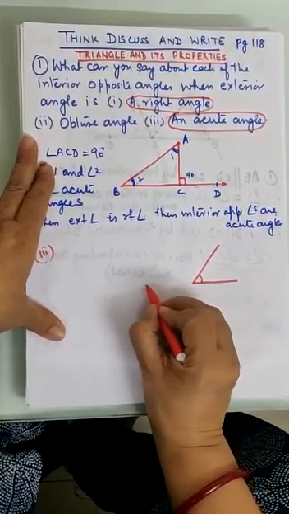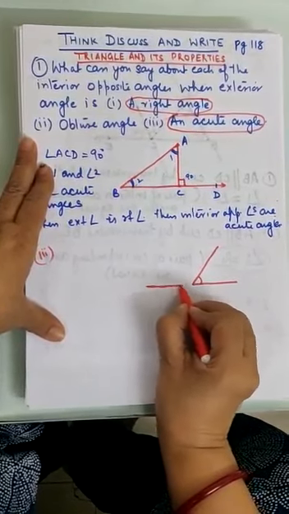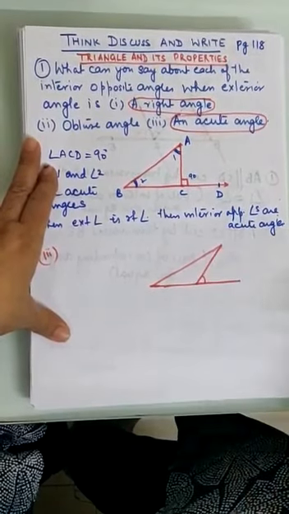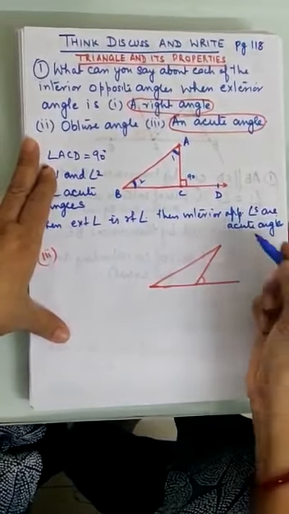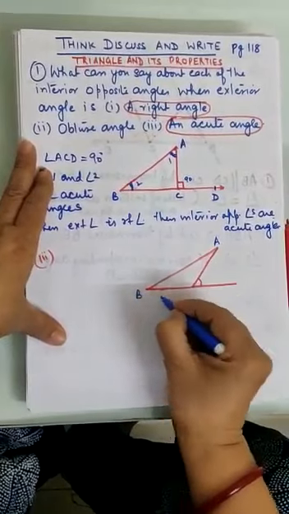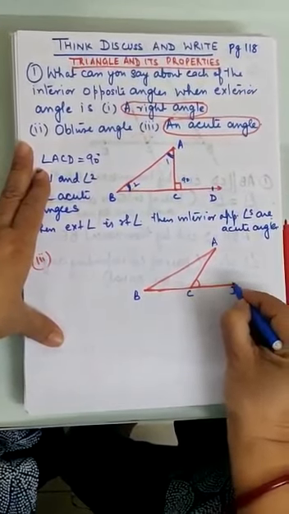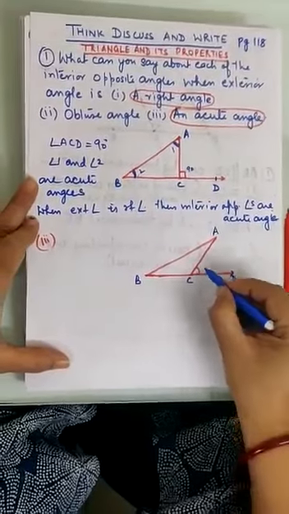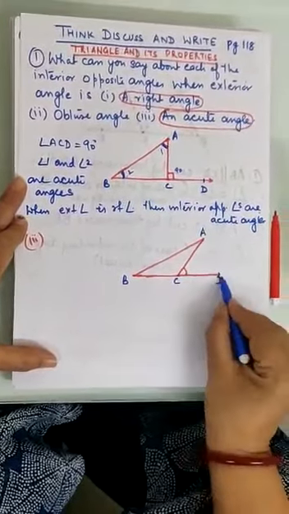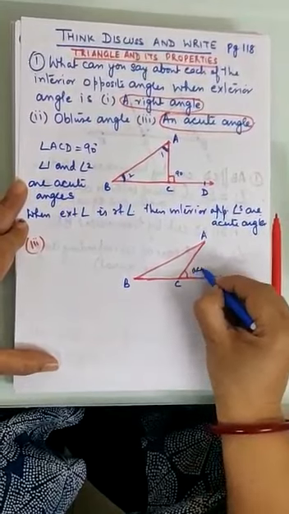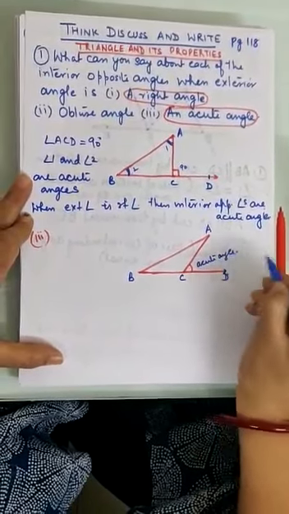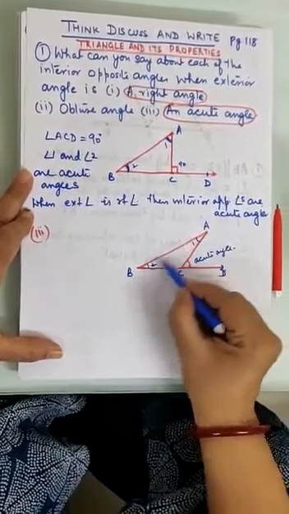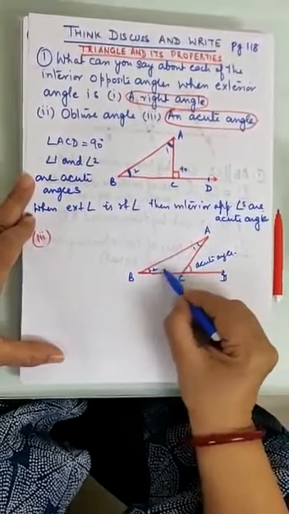Now let us draw a triangle in such a way that a triangle is formed. See, here I have formed a triangle. Let us name the triangle A, B, C and D. Okay. Now what do you observe? ACD, this is an acute angle. Let us name this angle 1 and angle 2. What do you observe these two angles are? Both are also acute angles.